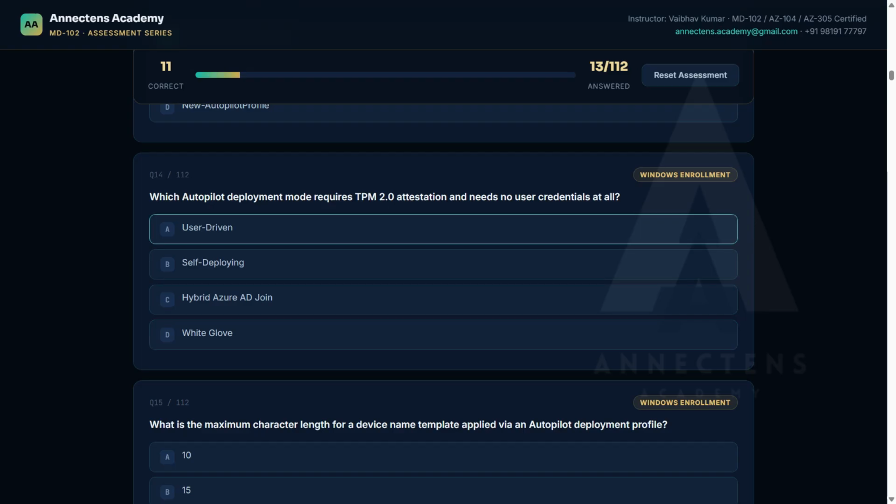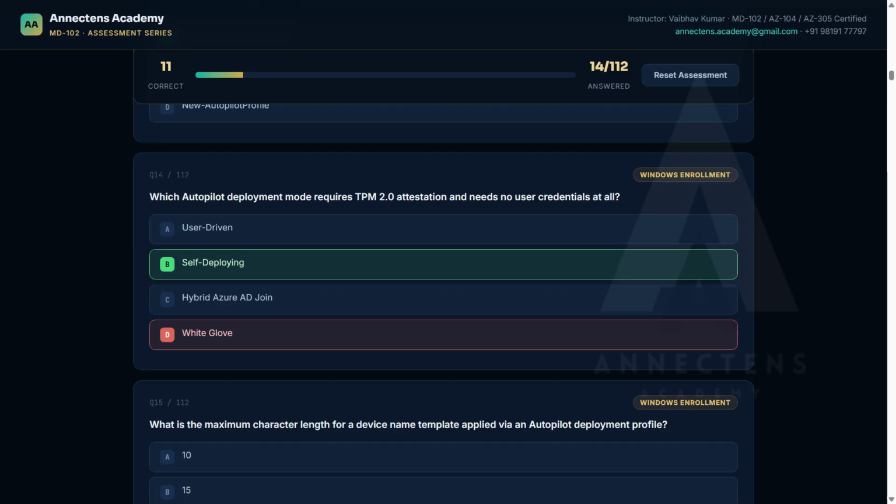See, user driven is something where we require a user's intervention, right? We require a credential. Self-deploying is also something when you're talking about the Kiosk, right? Hybrid Autopilot is also looking for a user credential. White glove is something where you pre-provision the device before that user. Okay, so as I said, we require no user credential, but there is also a requirement of TPM 2.0